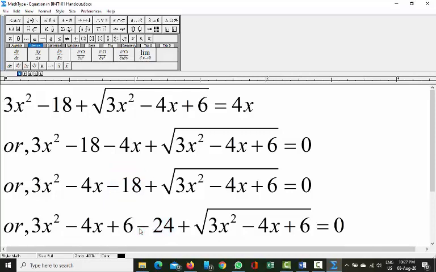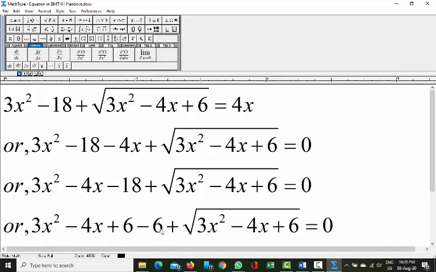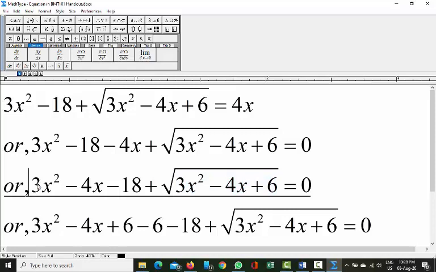Since you have added plus 6, which was not there, here it was minus 18. So plus 6 was not there, so we will add a minus 6 there so that they cancel each other out. And then we had a minus 18 before. We didn't have any plus 6 there, but to match it with this one, we added a plus 6 with these two terms.